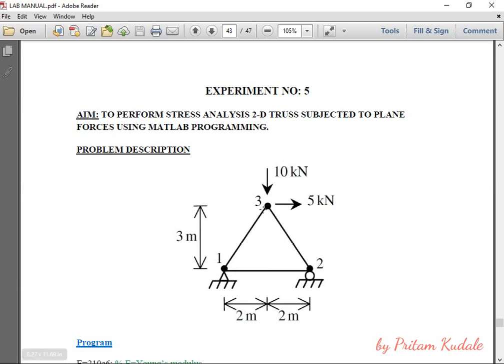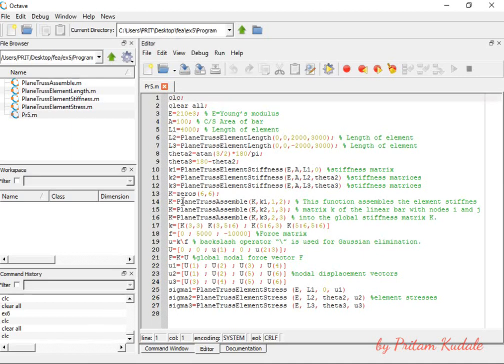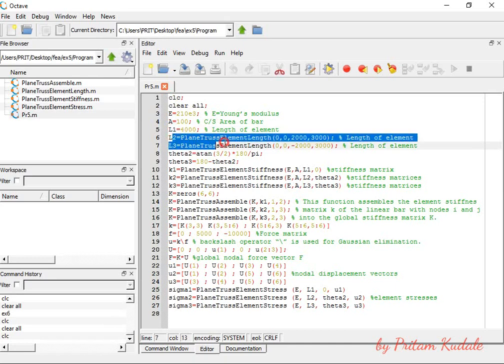Now we have to solve this problem to calculate the displacement, stresses and strain in each element using the MATLAB program. So basically, coming to MATLAB, we are using GNU Octave software, which is an identical clone of MATLAB. In this software, the first command is clear screen. AEL is the basic data which we already know, that is Young's modulus, area, and length of each element. We can directly input the length, or we can calculate the length using a subfunction.